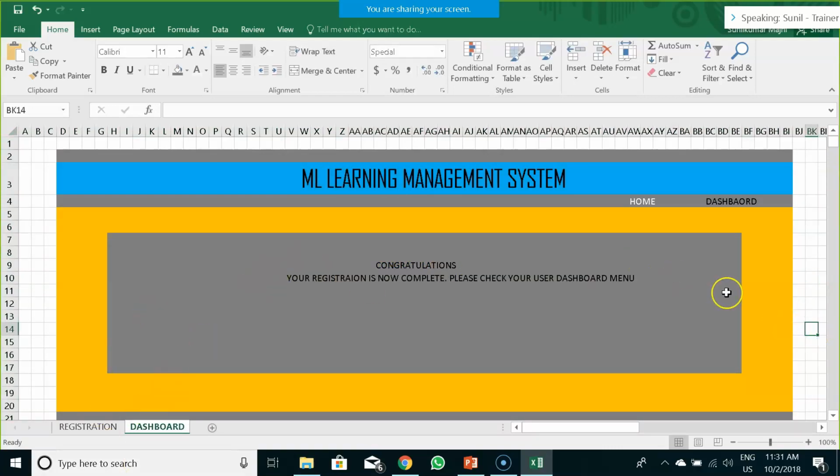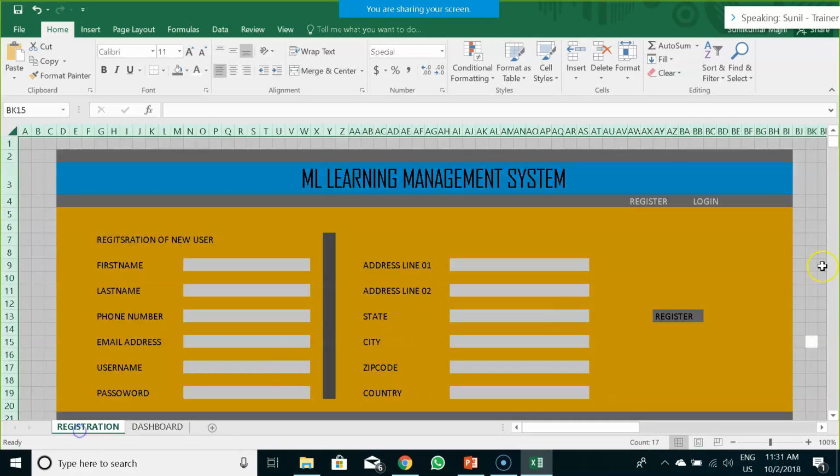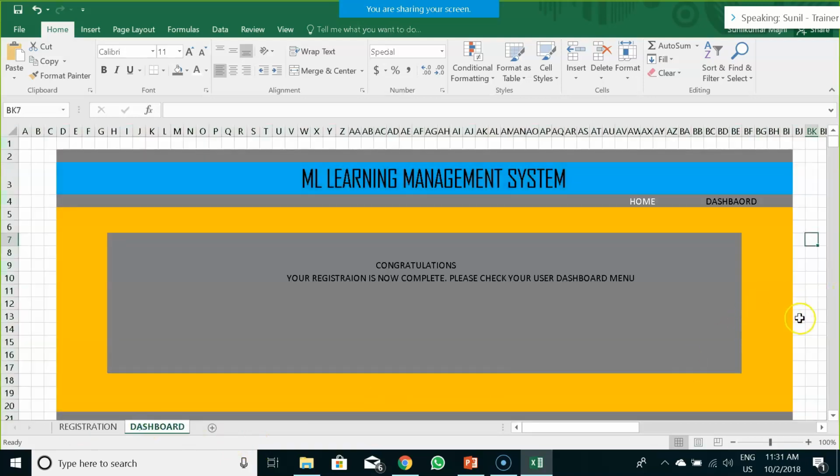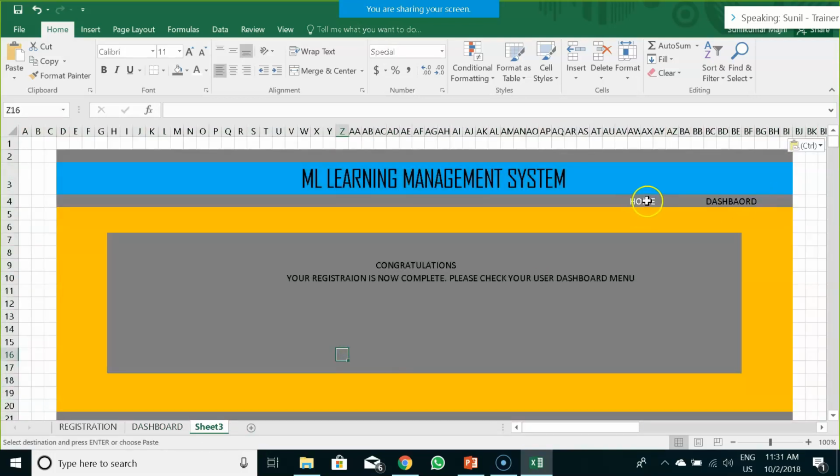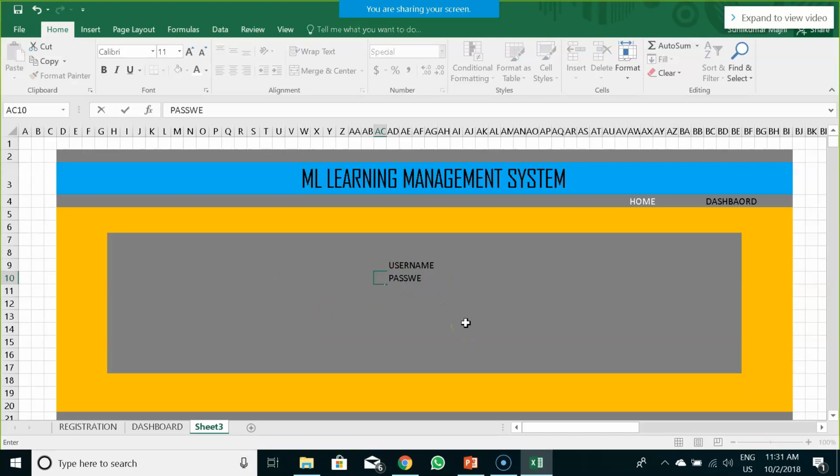Now I would be needing one more screen for the user to log in. So for that reason, I would copy this particular screen and paste it. Here I would name it as ask the user to log in. So I would ask essentially for his username and password.